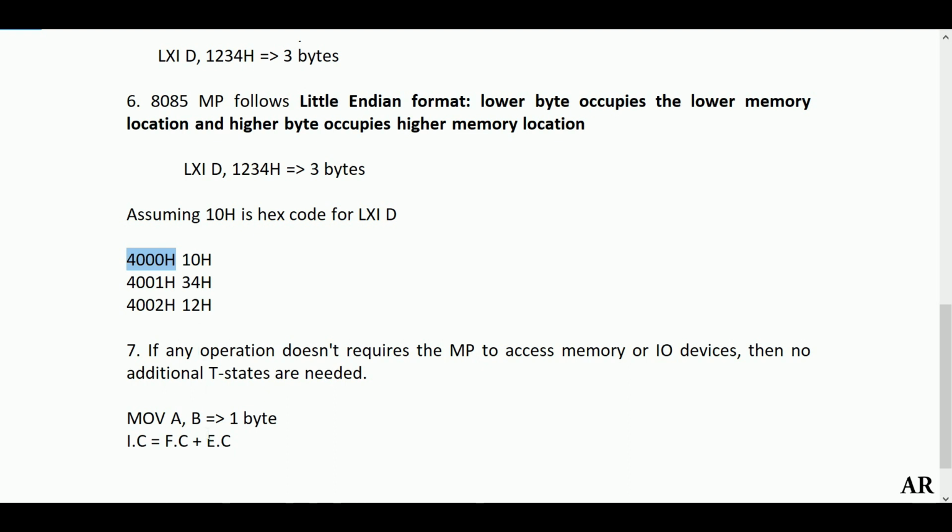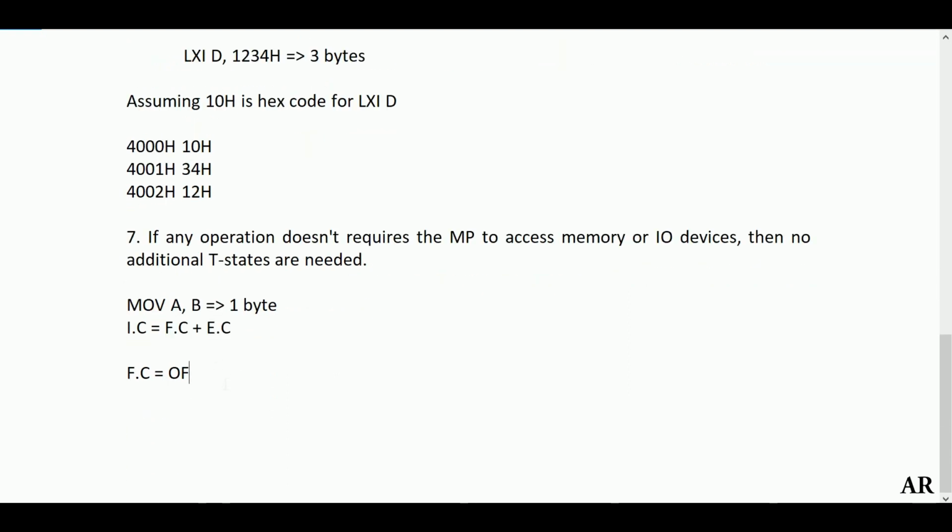So if the microprocessor wants to fetch this instruction from 4000H, then the first operation it has to perform is opcode fetch. So here I can split it up: fetch cycle equals opcode fetch. As a thumb rule, opcode fetch will be the first machine cycle for every instruction. Why? Because the first thing for any instruction is an opcode, and the microprocessor can proceed to the next step only once it fetches the opcode and decodes it. So the first cycle for any instruction will be a fetch cycle, which is opcode fetch.